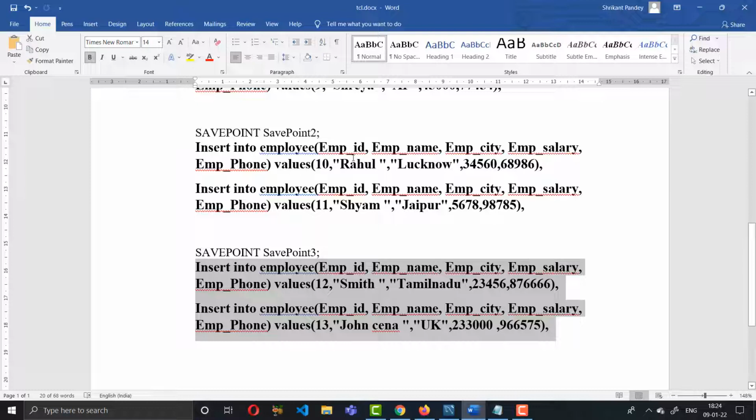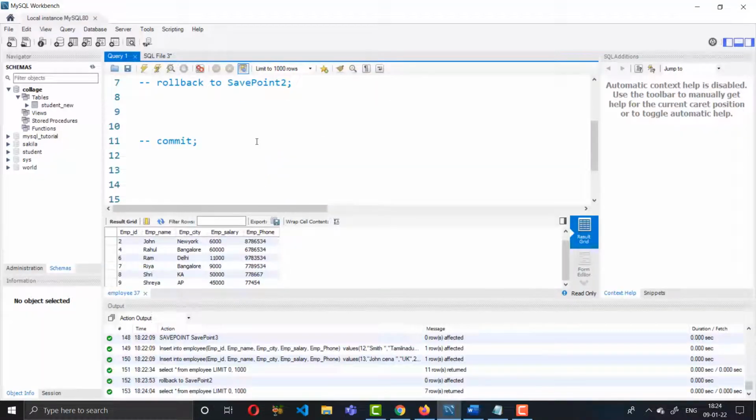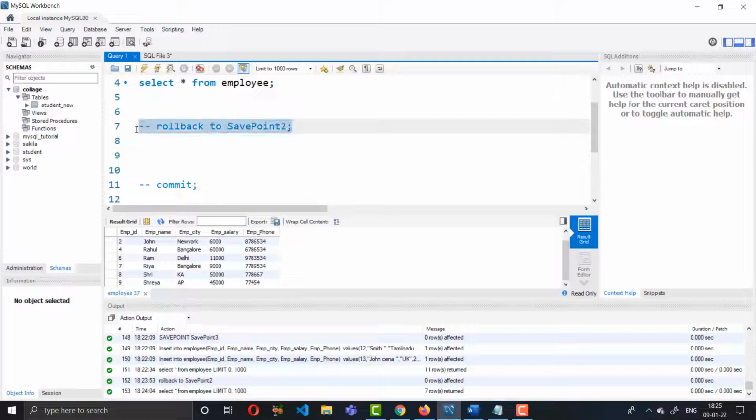It means this information had not been saved, because of the use of the savepoint. So earlier I told that we are doing rollback to savepoint 2. After savepoint 2 we are not interested in saving the data.